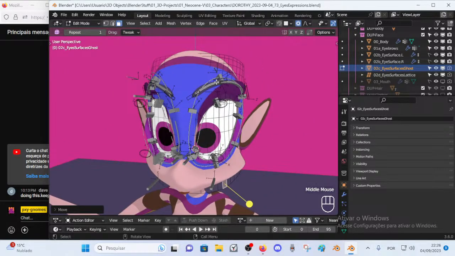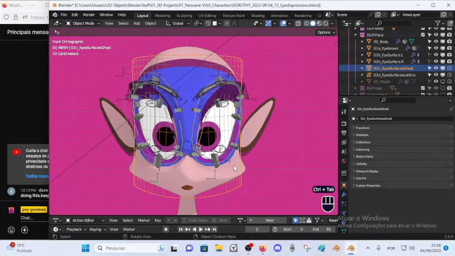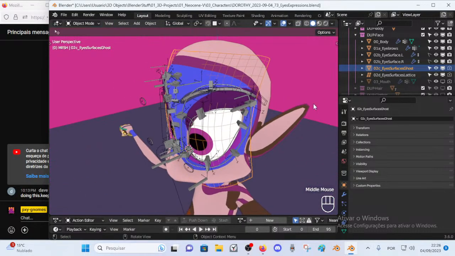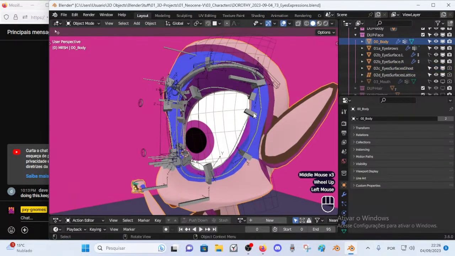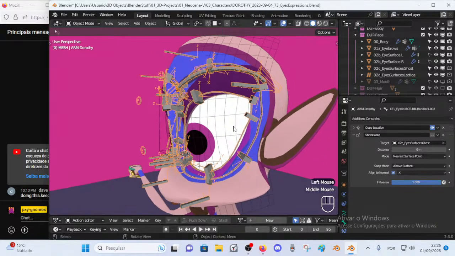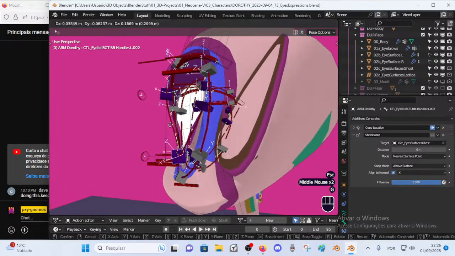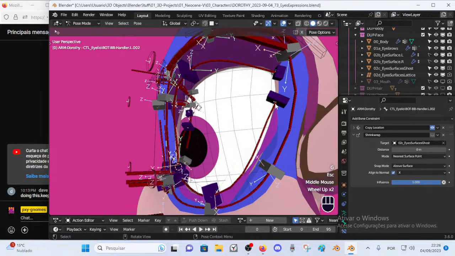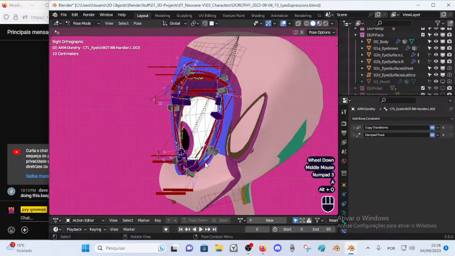and yeah, we could do that. But it's a simple object, so it doesn't need to be that way. And we want these bones, well, I wanted before, maybe I don't want anymore. We want these bones to be floating on top of that surface, so not exactly on top of the eye,